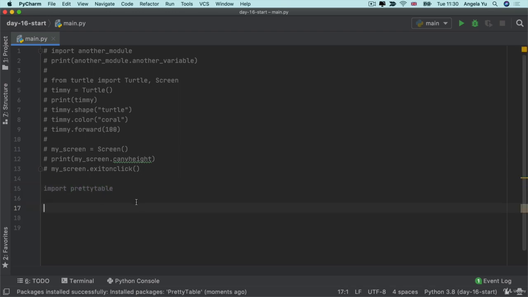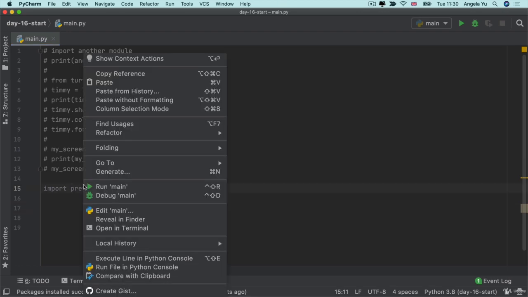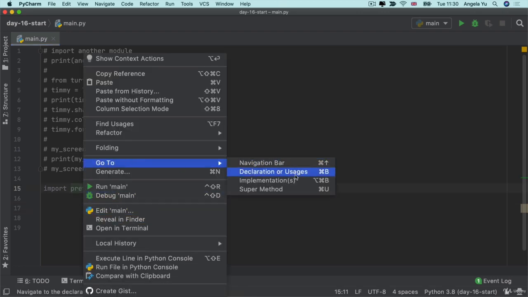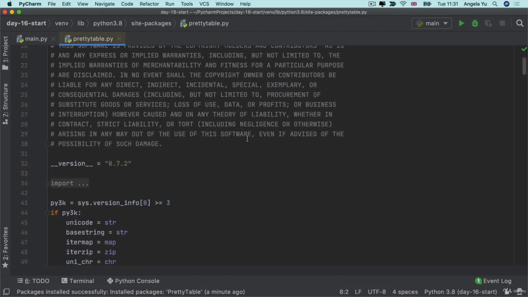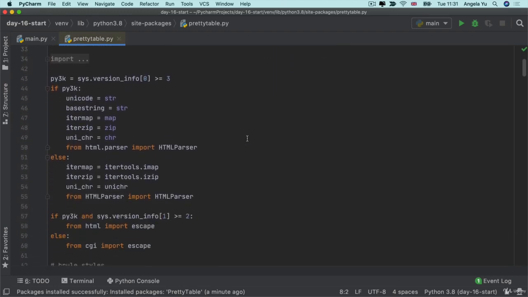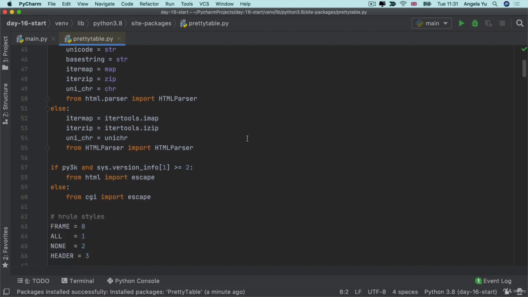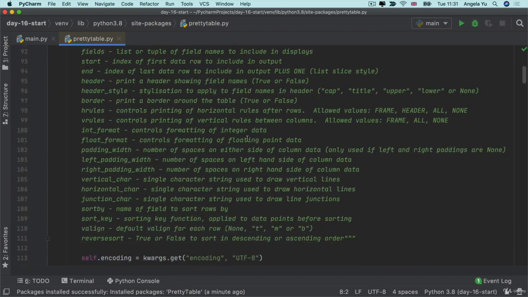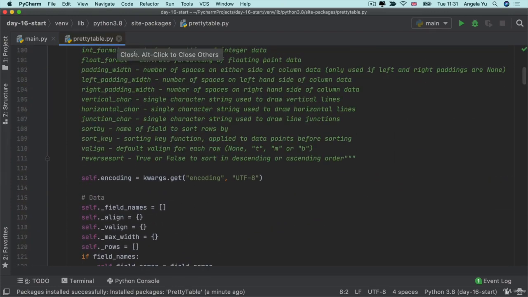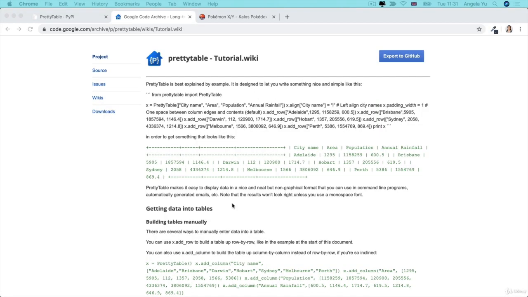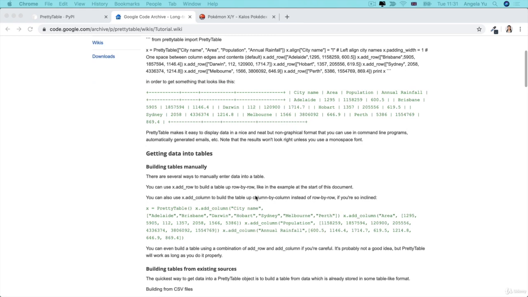Now, if you want to see the source code, you can actually right click on it and select Go to Implementation, and this will take you to the Python file where this entire Pretty Table is implemented. So all the code that they've written. It's a little bit daunting and it's got a lot of code in it, but we don't have to worry about how the code is created and how it works. All we need to do is look at the documentation for this package and see how we can implement it